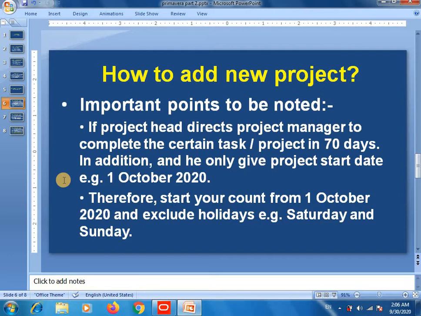Then our next step is how to add a new project. Before adding a new project, let me tell you the important points.